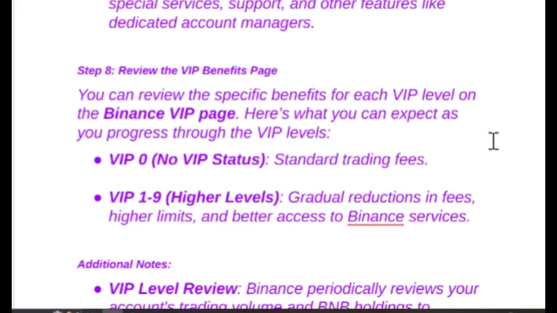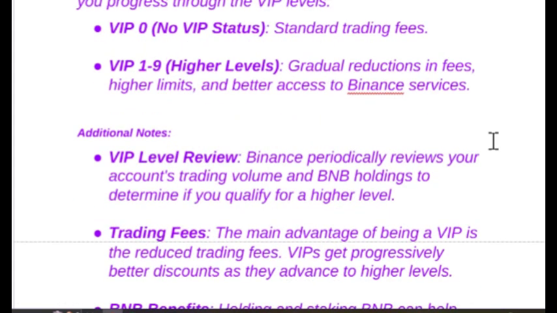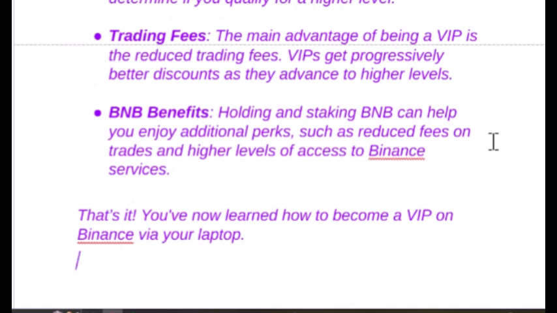Under VIP 0, which is no VIP status, you have the standard trading fees. Under VIP 1 to 9, the higher levels, you have a gradual reduction in fees, higher limits, and better access to Binance services. Additionally, Binance periodically reviews your account's trading volume and BNB holdings to determine if you qualify for a higher level. The main advantage of being a VIP is the reduced trading fees. VIPs get progressively better discounts as they advance to higher levels. Holding and staking BNB can help you enjoy additional perks such as reduced fees on trades and higher levels of access to Binance